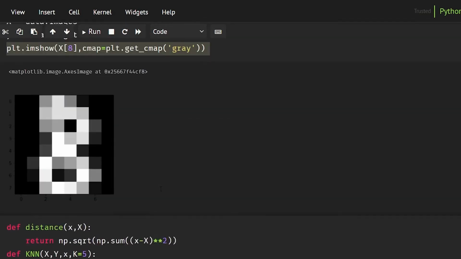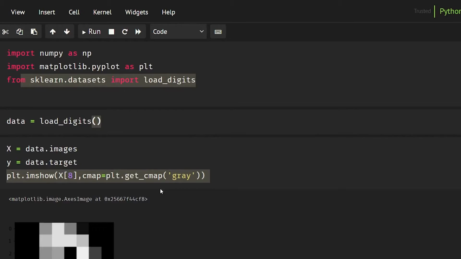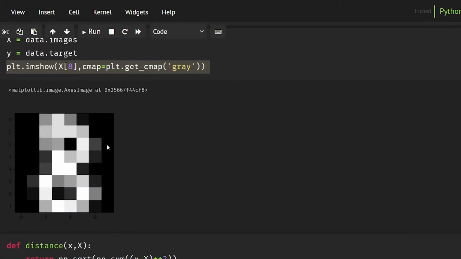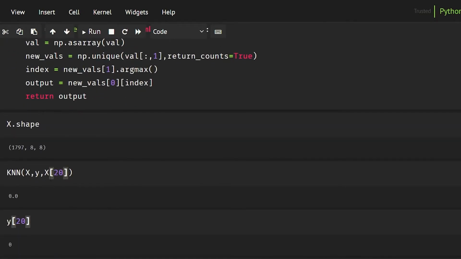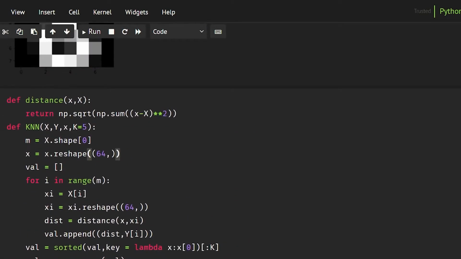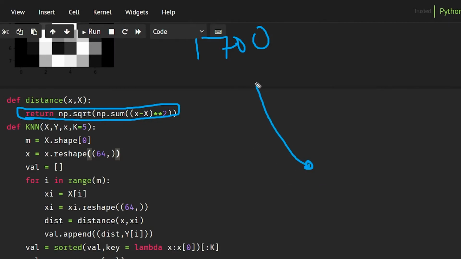So our algorithm is very good, but the only problem is that for every number we have to find, it is doing a lot of calculations. In this case, let's suppose we have 1700 examples. It is finding the distance from one query point to all of these 1700 examples at runtime.